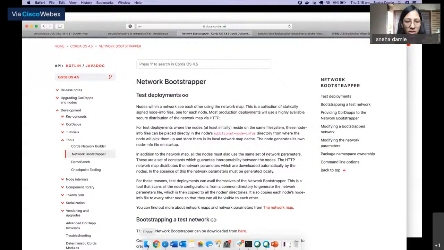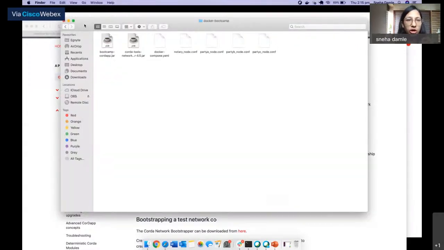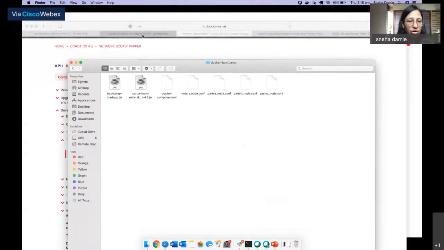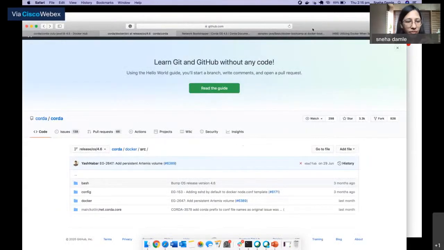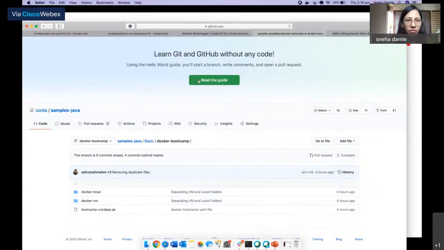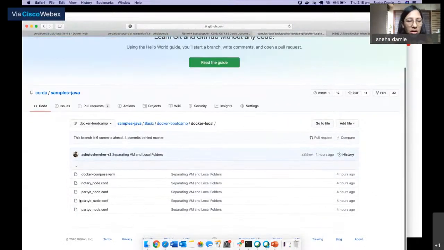For that, you will require certain things. Go to the GitHub link which I've shared with you, and go to Docker local. To set up the local network, you will work on this particular folder, the Docker local folder.